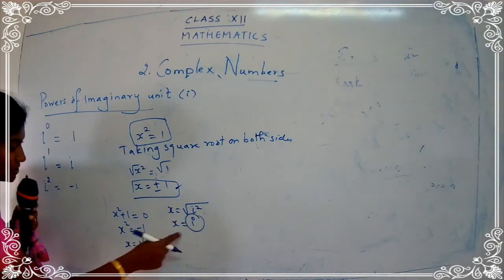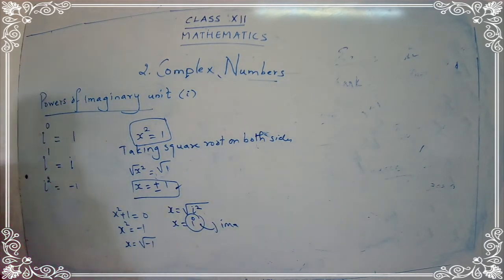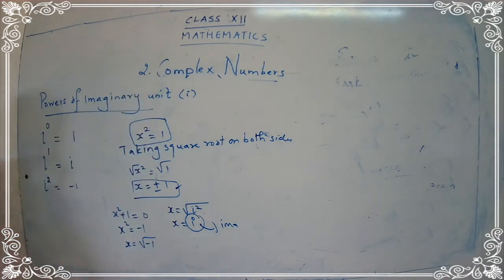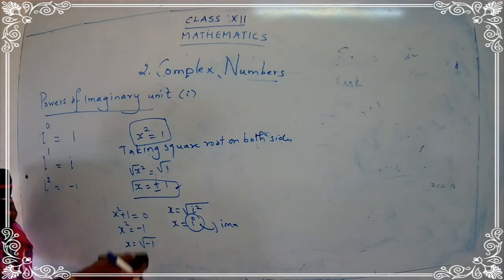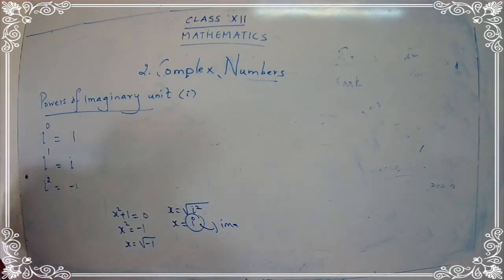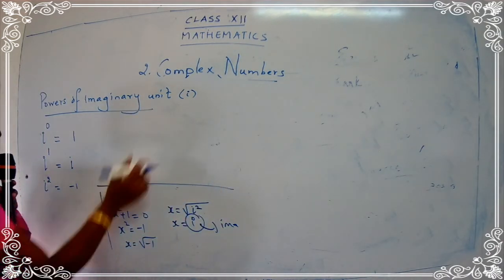See? This is an imaginary number, or you can call this a complex number. We don't get an answer for root of minus 1 in real numbers, but we get an answer for square root of minus 1 in complex numbers. That's why we are studying all the powers. So what is the value for i square? i square is equal to minus 1. I want you to take down this point on the right side. You have space over here, yes? So just write down this point.